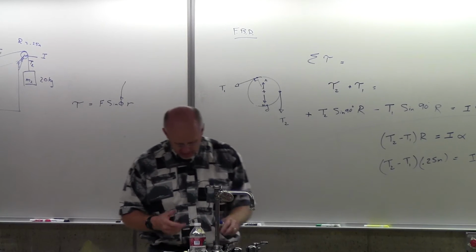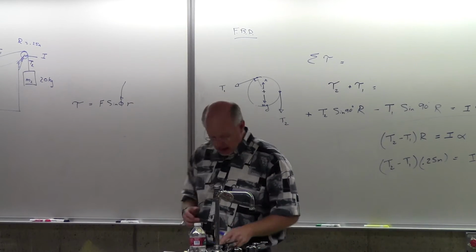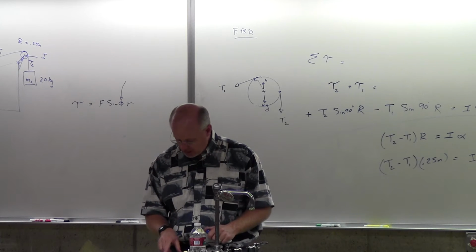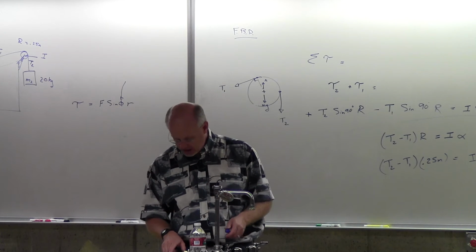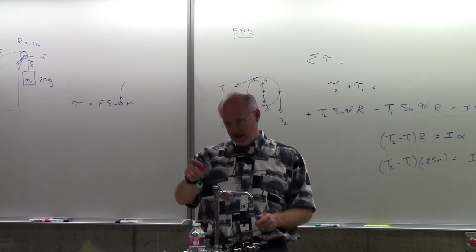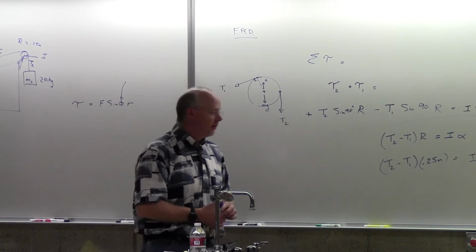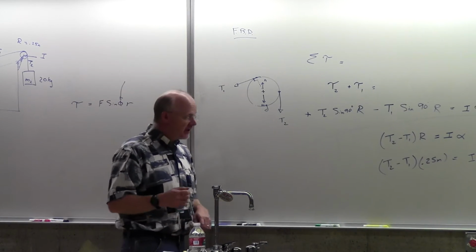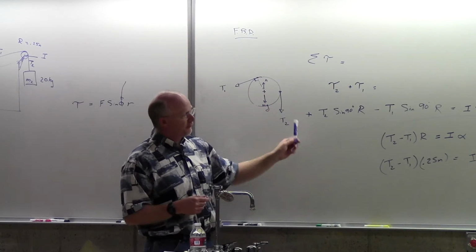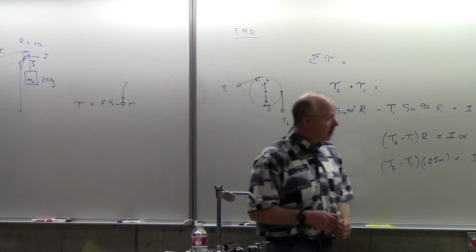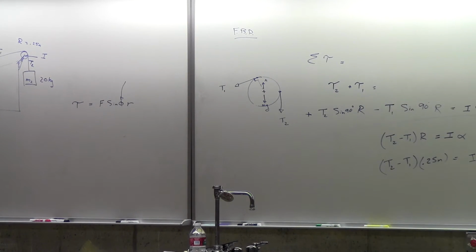Eventually. The first part of the question says find T1 and T2, if I remember right. A, determine T1 and T2, the tensions in the two parts. And then B, there it is, find the moment of inertia of the pulley. Right. And so to get part B, we do got to draw the free body diagram. We do got to solve for I. And so maybe continuing with the math that was here